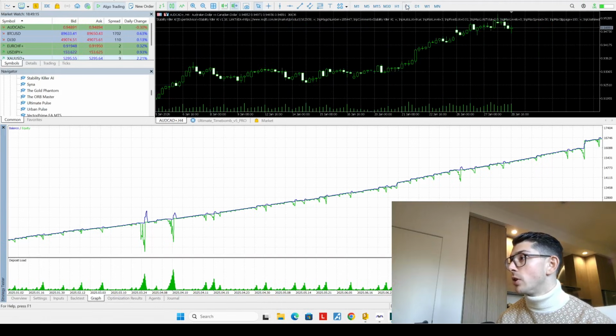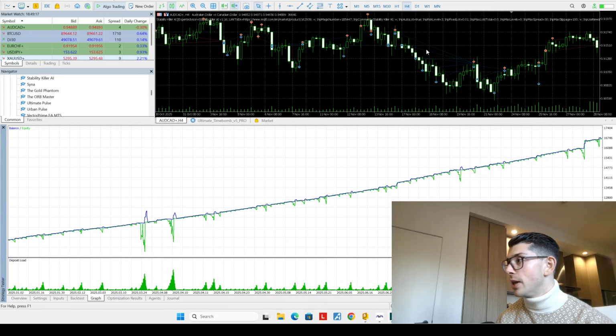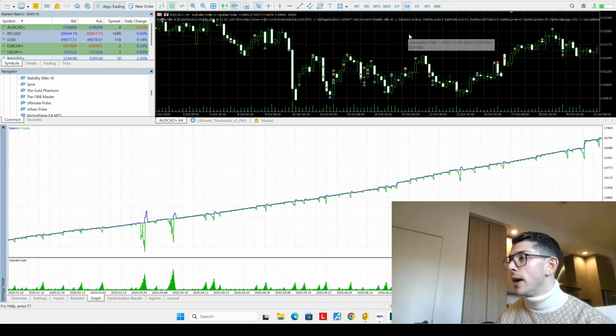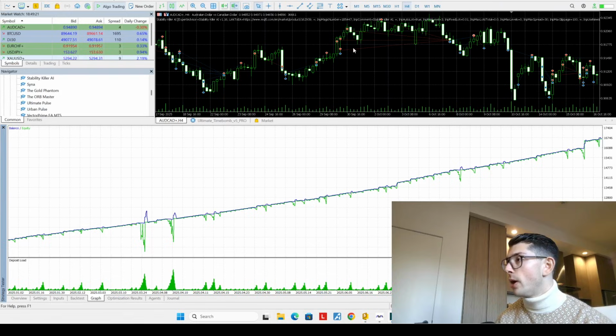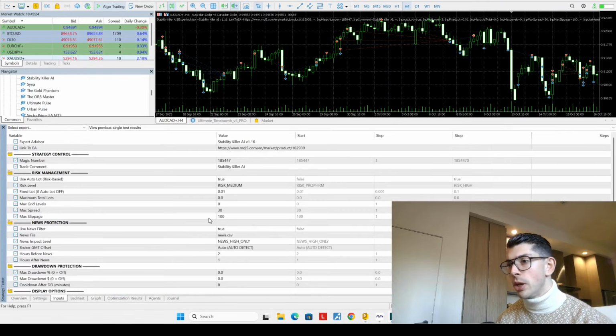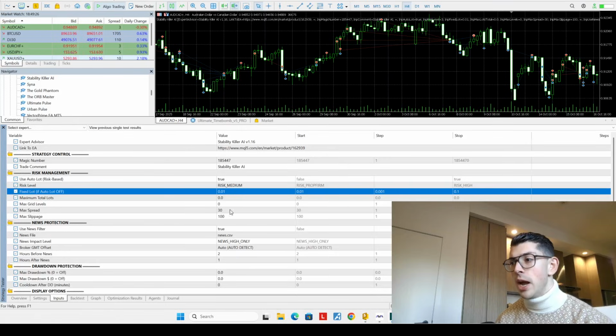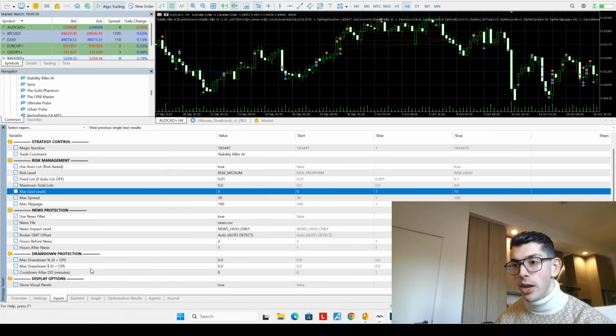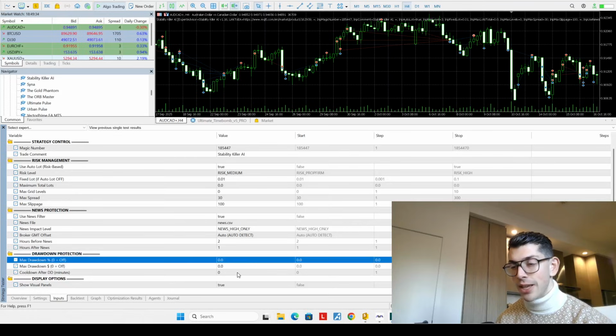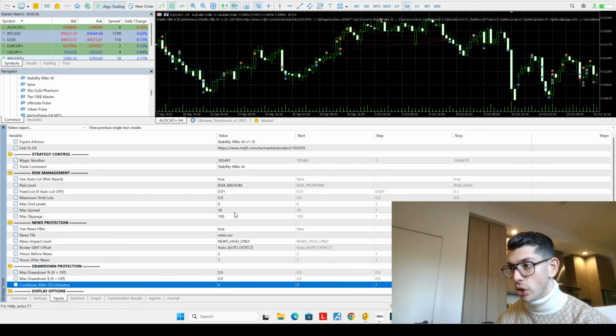If we go out to the H4, we can see that it is very much indeed using a grid, mean aversion grid, quite a few different levels, but he gives you the ability to cap the risk, and you're able to actually both cap the number of grid trades which open, as well as cap the max drawdown, all of which looks really good.